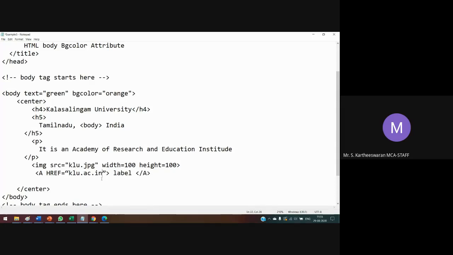Here you represent the label. Whichever label you give, it will show in blue color. You have to save it, and you have to execute.